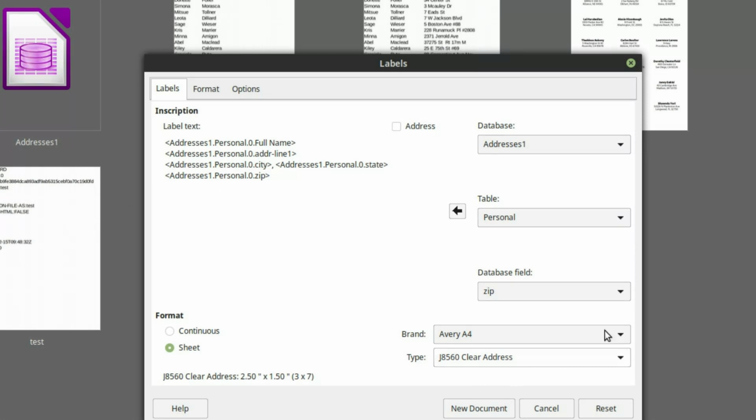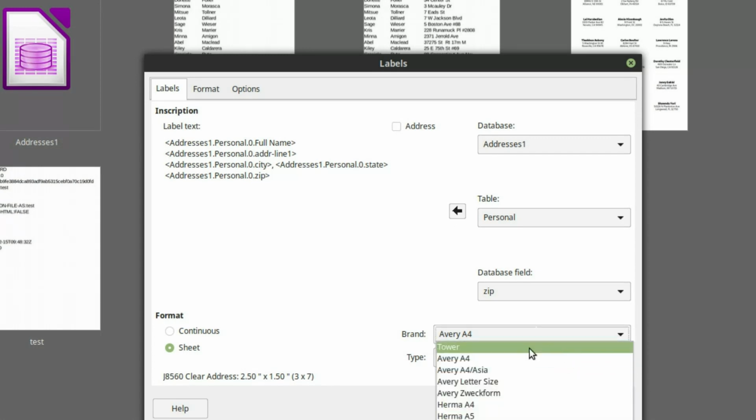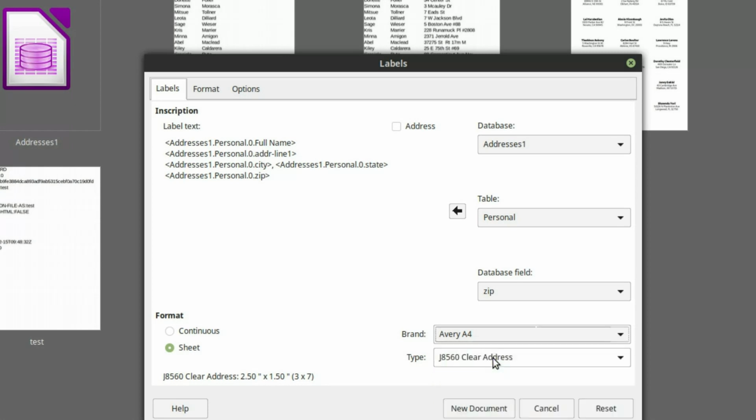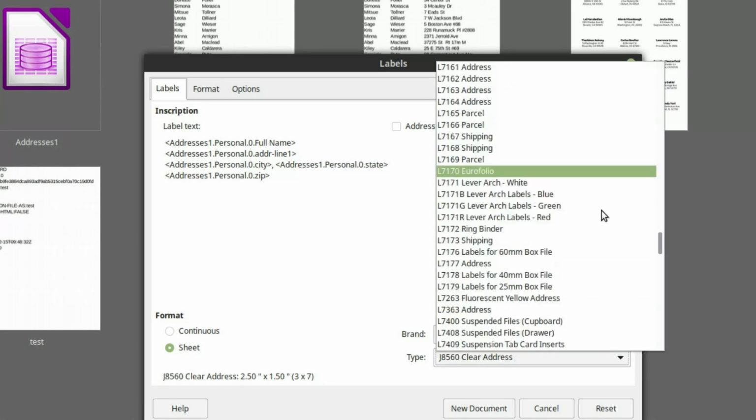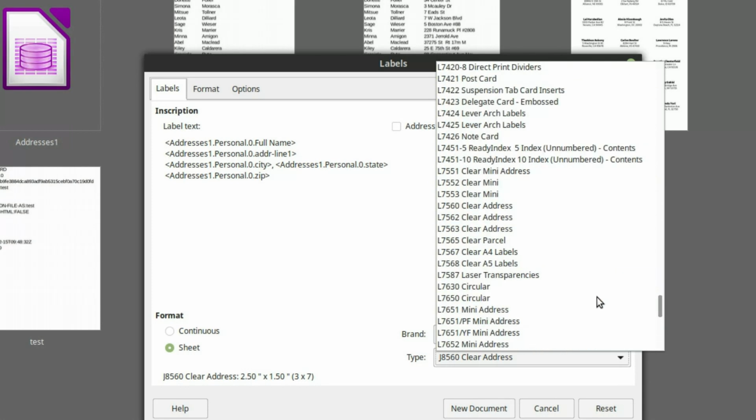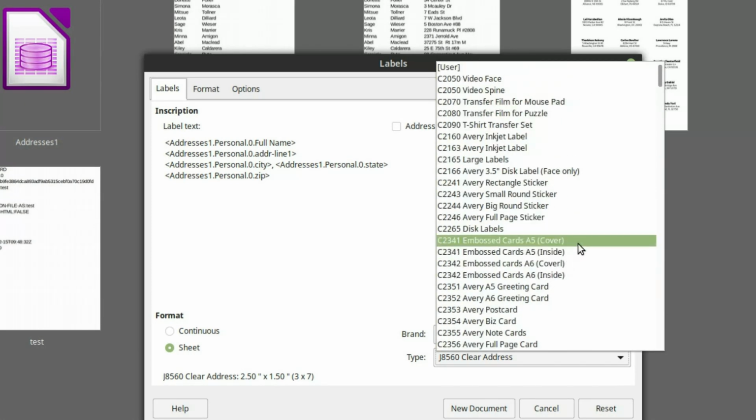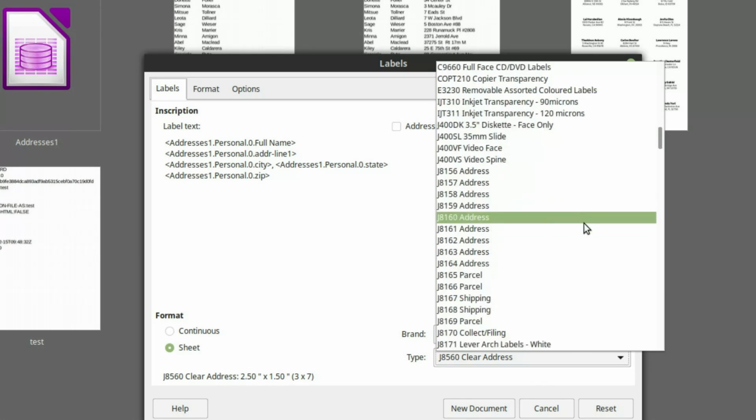Now the next thing you need to do is determine what labels you're using. So here is a series of different labels. Now not every label is exactly listed by the exact number. You can get generic ones that say, you know, Avery label 6925, whatever. So you just want to flip through here and find, first look for the label. Because this is a giant international database, you might find that you're using an address label that uses a different number, but as long as your numbers are working right,